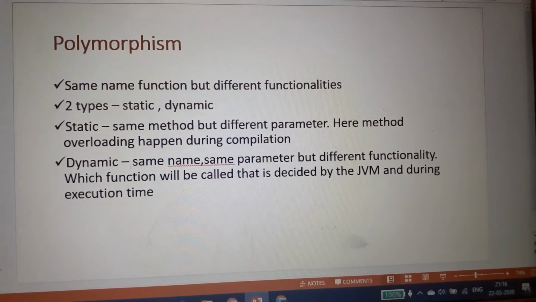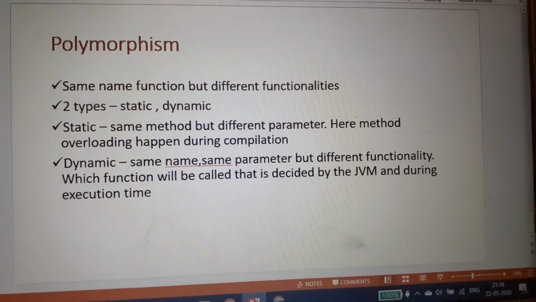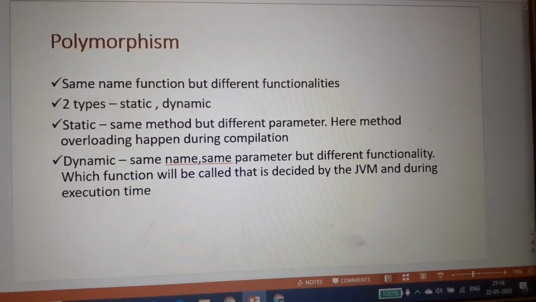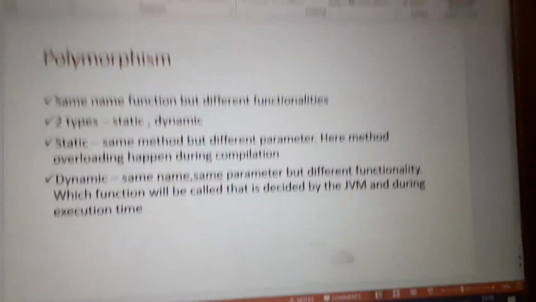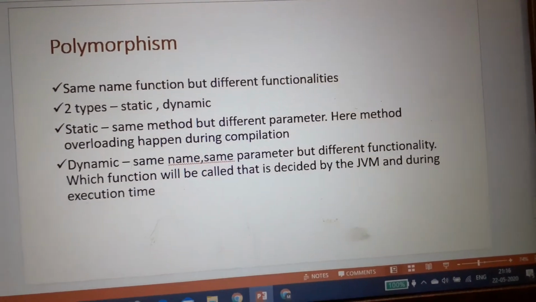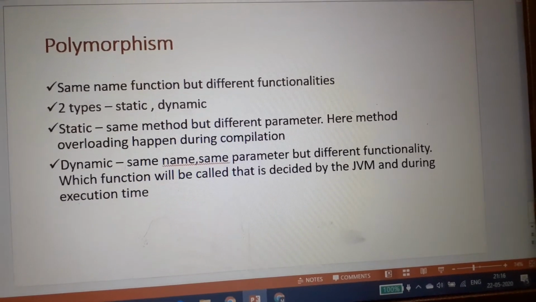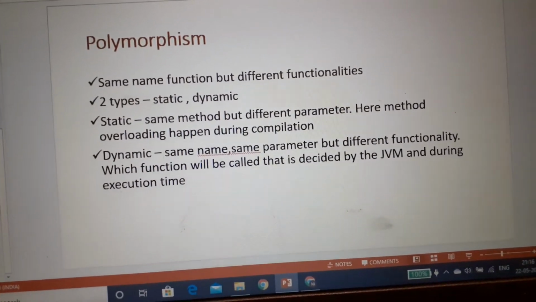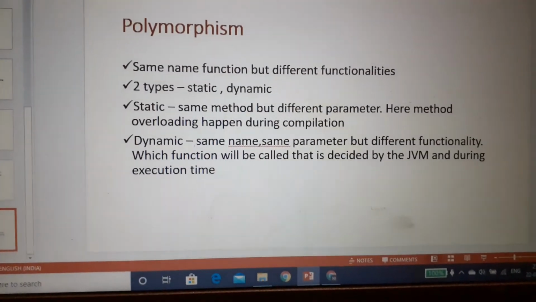So it is defined during the runtime, not during the compilation time. Which method will be called is decided by the JVM, the Java Virtual Machine, that is the runtime environment of Java. So this type of polymorphism is known as dynamic polymorphism. Usually we do static polymorphism. Dynamic polymorphism is hardly done in Java, but you should know the definition and the concept. So these are the concepts of polymorphism.